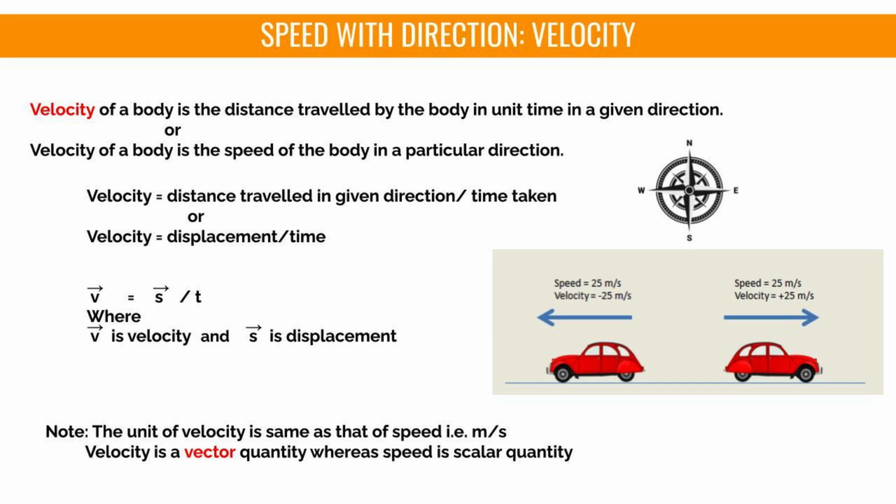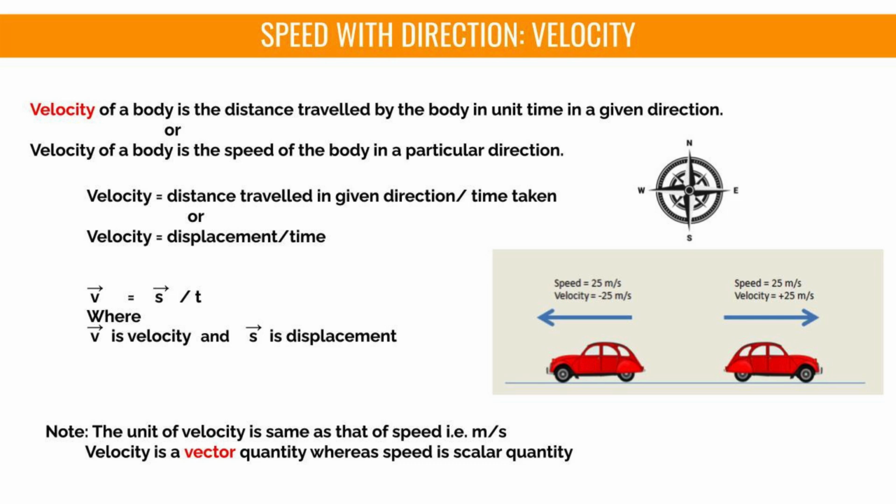Velocity can be defined as the distance traveled by a body in unit time in a given direction. In simpler words, velocity is speed with direction. This means that when we talk about velocity, we must mention both how fast an object is moving and in which direction it is moving. Velocity is calculated using displacement divided by time. Mathematically, velocity is given by the formula, v equals s divided by t, where v represents velocity and s